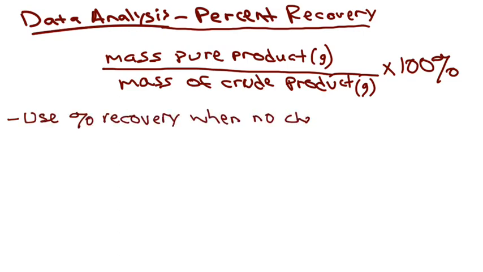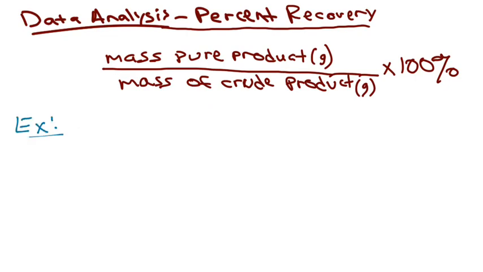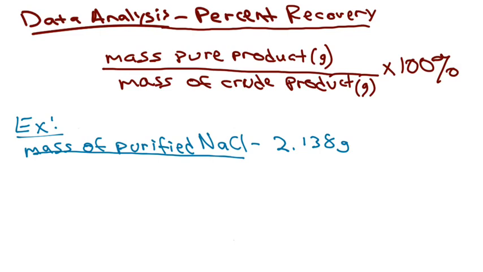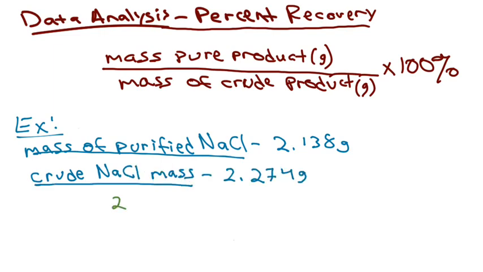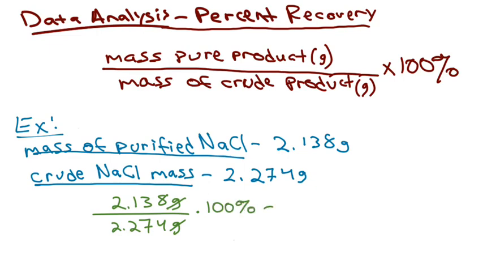You're going to use percent recovery when no chemical reaction is taking place. If you're doing chemical reactions, you need to do percent yield, which is similar but very different. In this case, no chemical reactions are occurring. Let's say, for example, the mass of our purified sodium chloride is 2.138 grams. The crude mass is 2.274 grams. We're going to divide those two together. The grams drop out because they're in the numerator and denominator. Multiply by 100%, you get